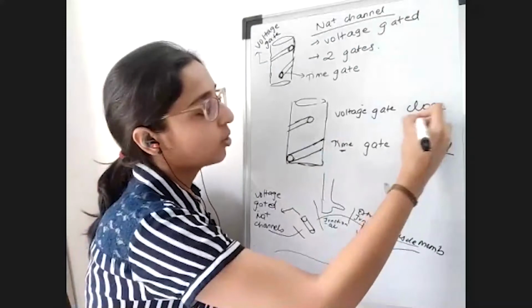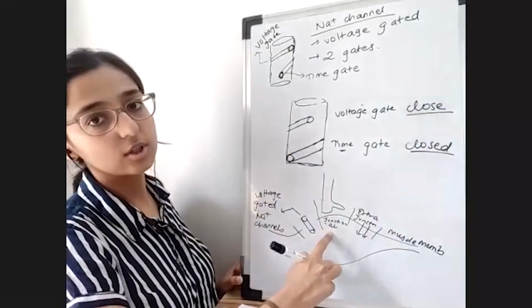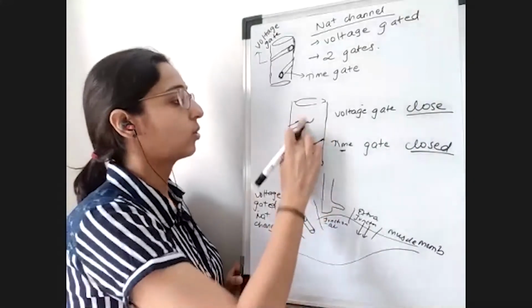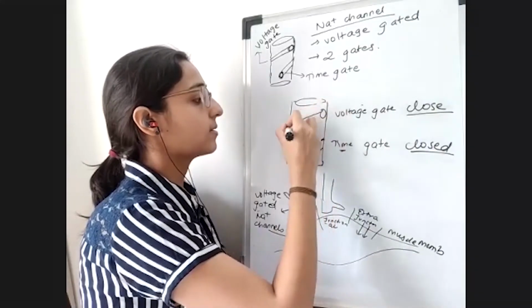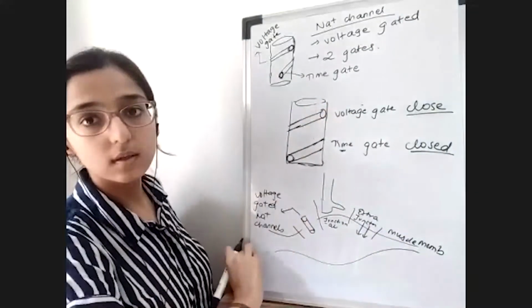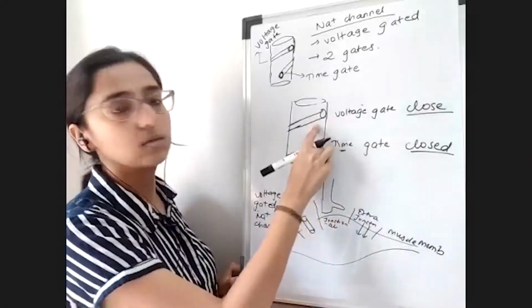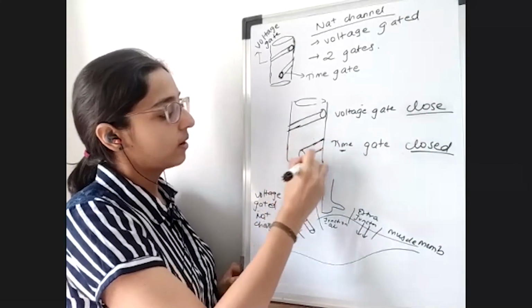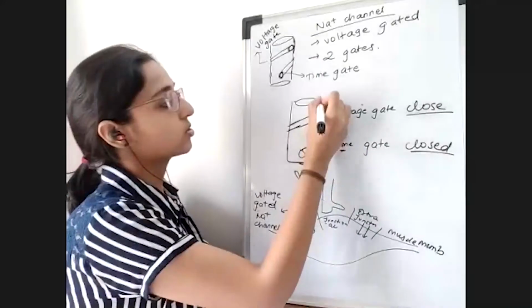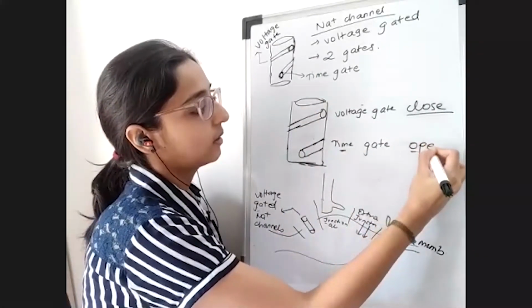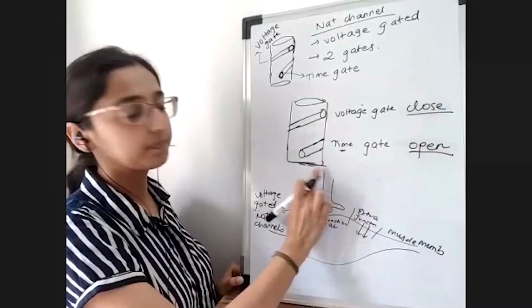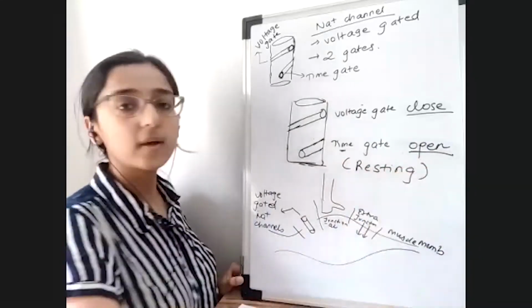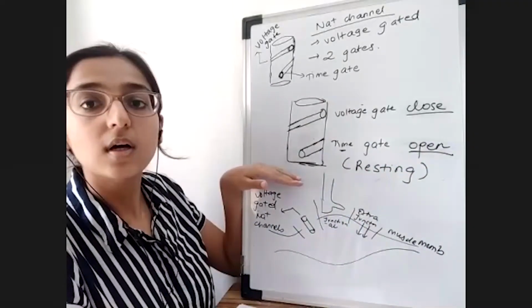The voltage gate has sensed that in the junctional region the voltage change has gone back to its resting phase. So the voltage gate will close because there is no more change in voltage. The time gate senses that the voltage gate has closed, and now it can open and be relaxed, since there is going to be no flow of sodium. So the time gate goes back to open, and we have come back to the resting stage of the sodium channel.